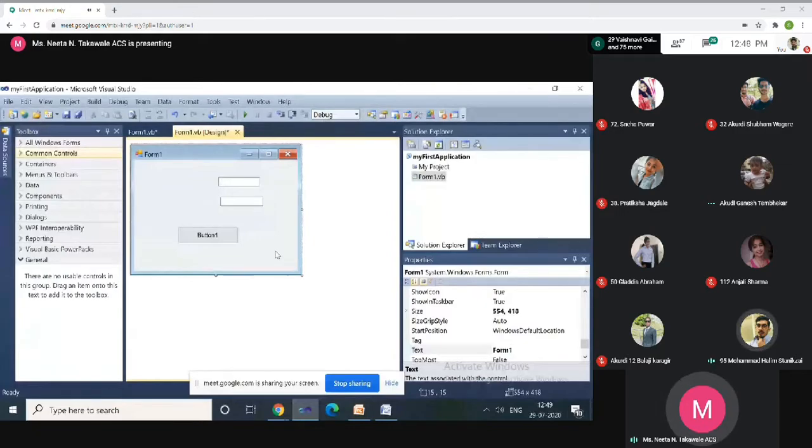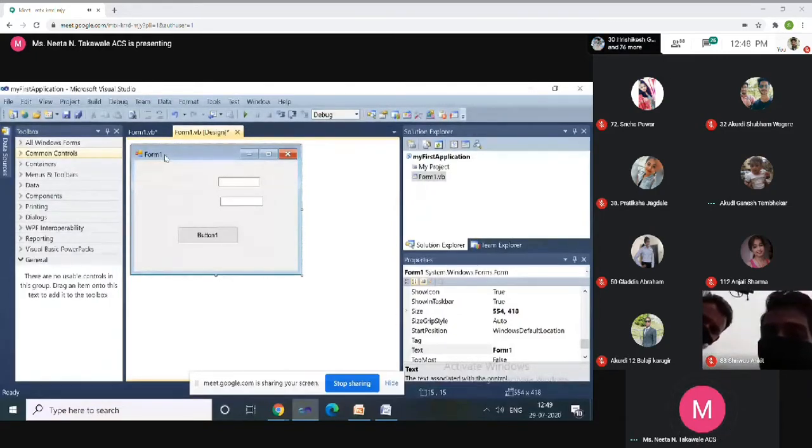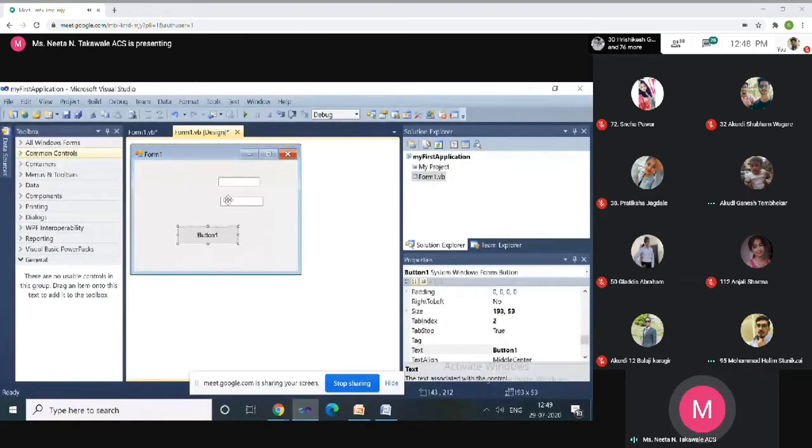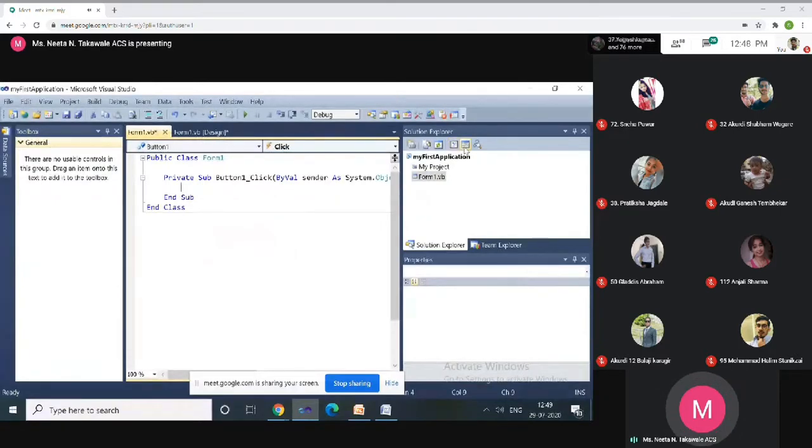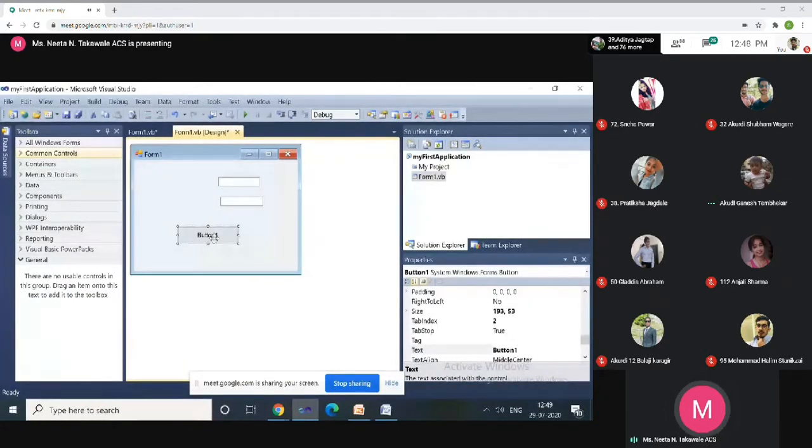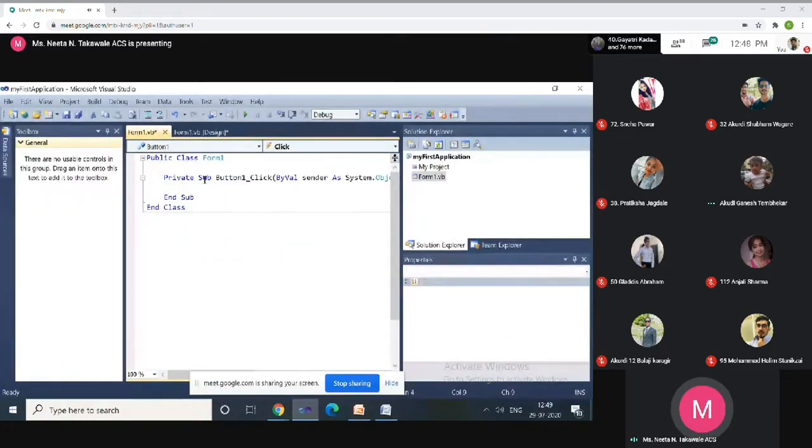Now we'll see event driven programming. What is an event? Now these are the controls. This is Form1, and there are three controls: this is Text1, this is Text2, and this is a button. So go to the editor. How can you go to the editor? You can jump to the editor using the fourth icon in Solution Explorer, View Code. Otherwise, you can click on any control and it will jump to the code editor window.